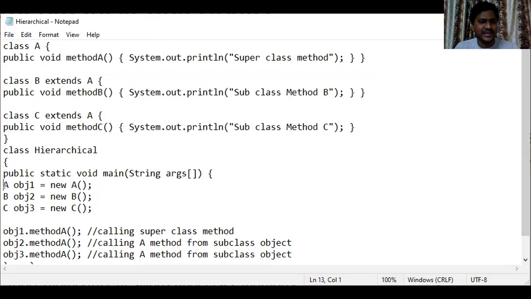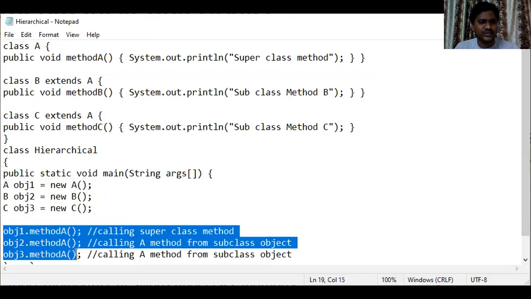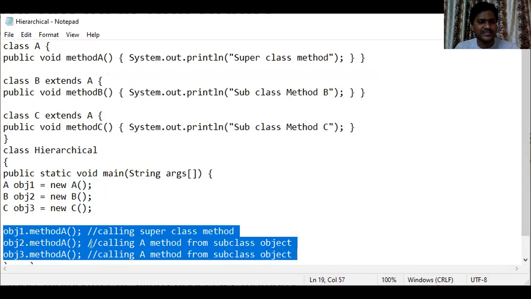I have created objects for the superclass and the two subclasses B and C, and those objects invoke the superclass method A, as it is valid. So going to the command prompt for execution.